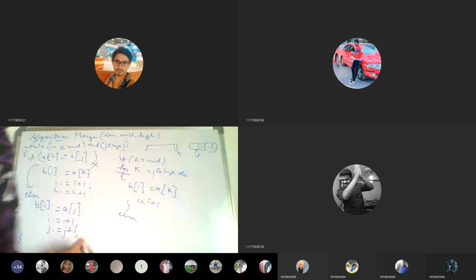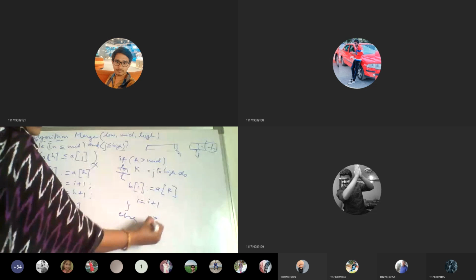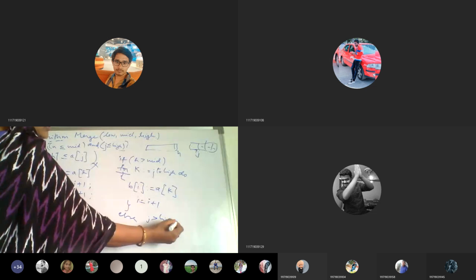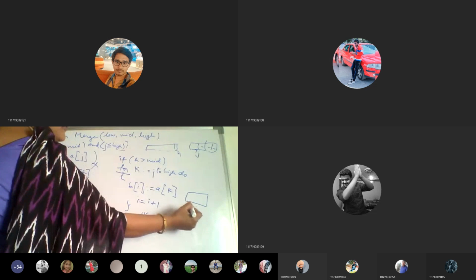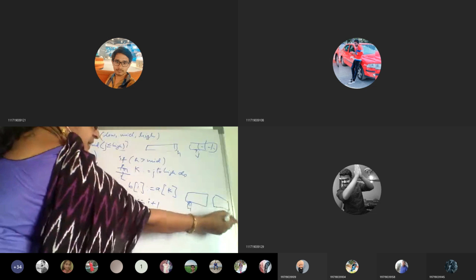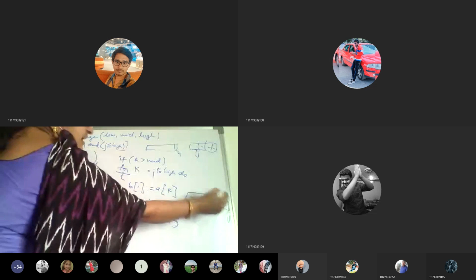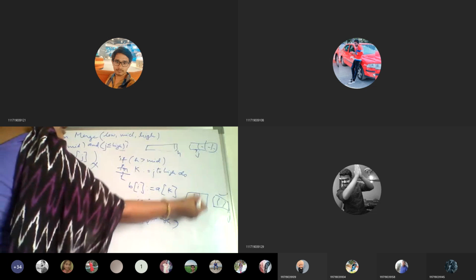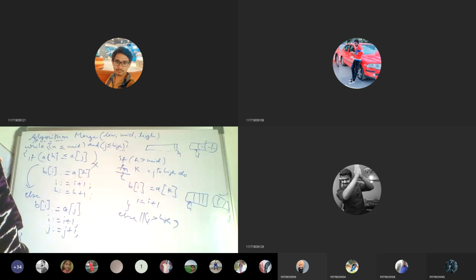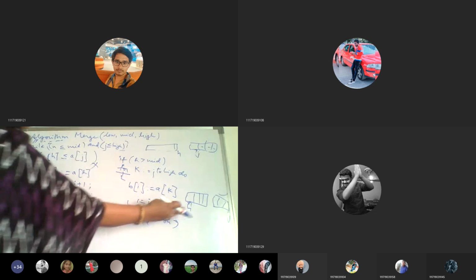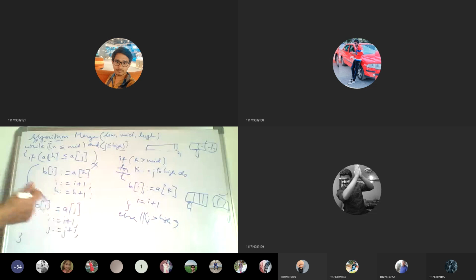Else. So tell me, can anyone tell me what the else part is? Else part means you may have J greater than high. J may be greater than high. That means the first sublist still has elements, but the second sublist is over. All the elements are done since they were smaller. Since all the elements in the left sublist are left over, in that case we have to iterate for these elements. So that is what we write in the else part.